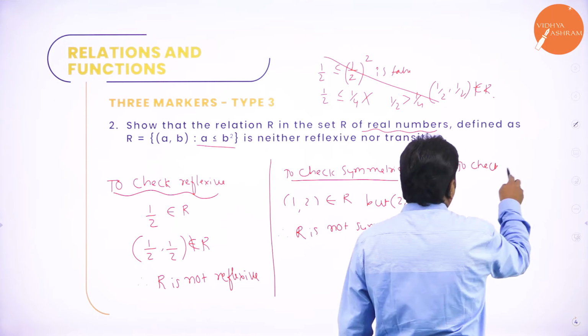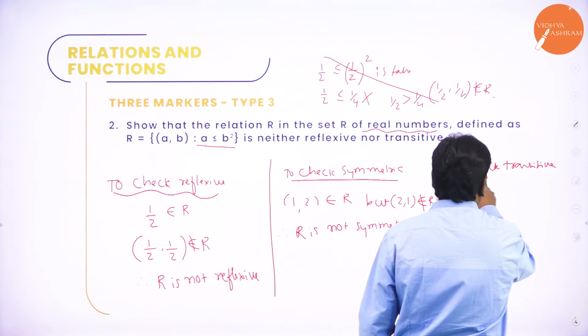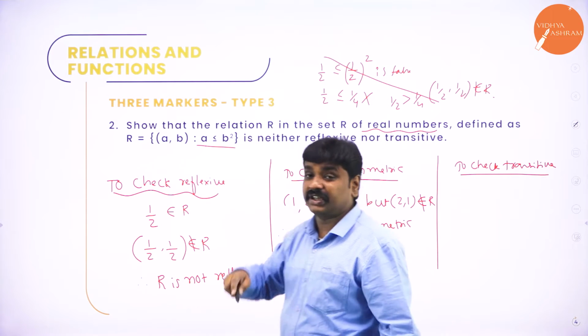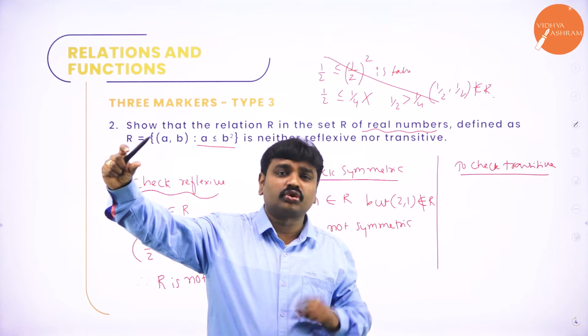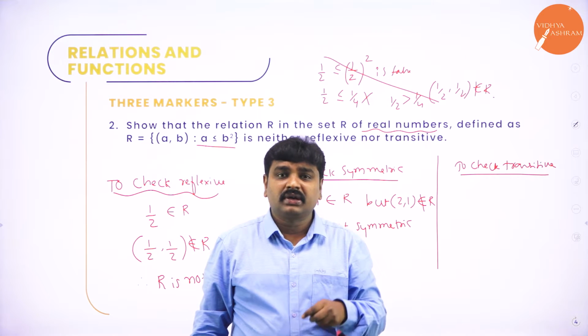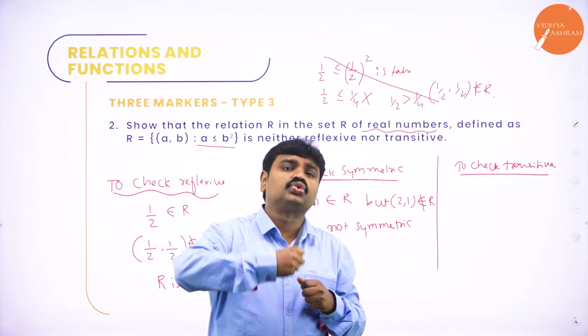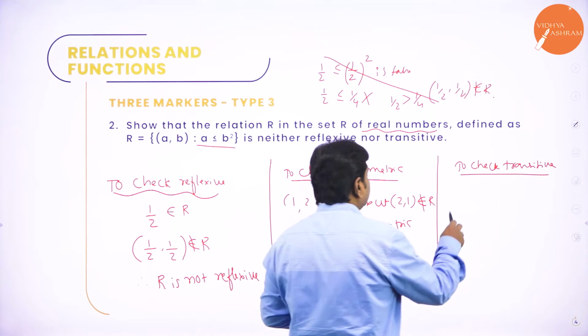Now to check transitive, this is important. If you see, I ended with 2. Let me tell you the logic. There I took 9, 3, 2. Last number was 2. 2 cube was 8. I took one number more. Again I am repeating, 2 cube is what? 8. Similarly, what is 2 square? 4. Take 1 more than 4, that is 5.